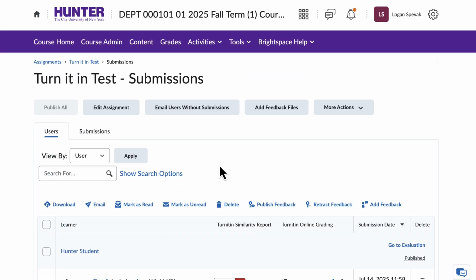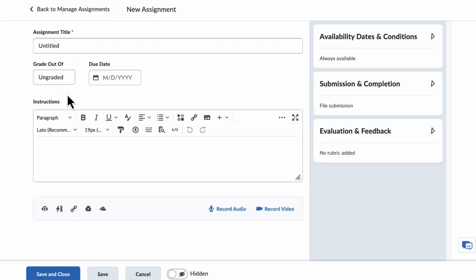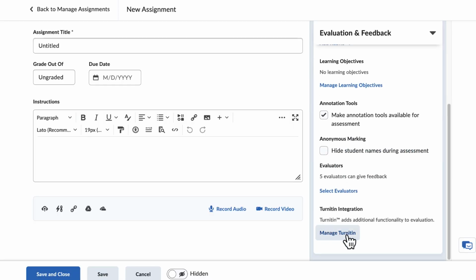Again, you can make any assignment a Turnitin assignment by going to the Activities dropdown, Assignments, and then making a new assignment under Evaluation Feedback on the right-hand side here, clicking Manage Turnitin,